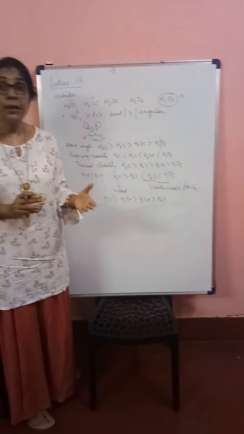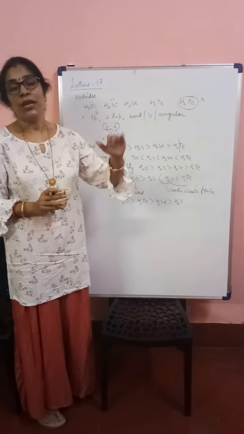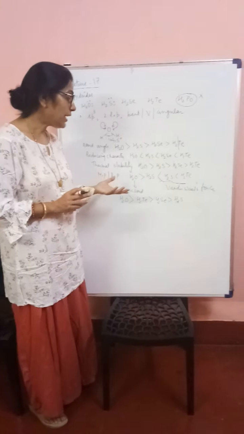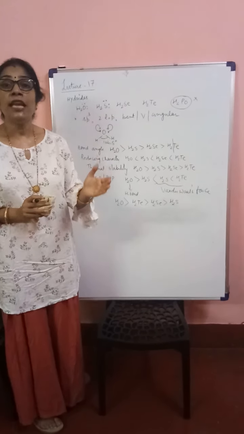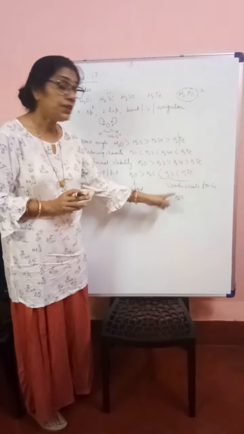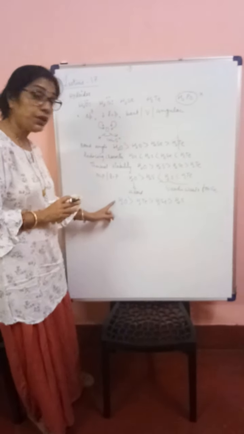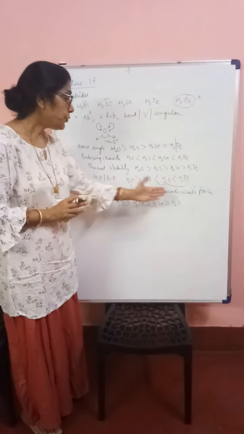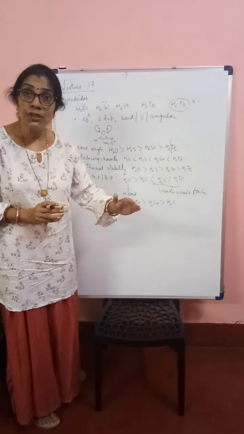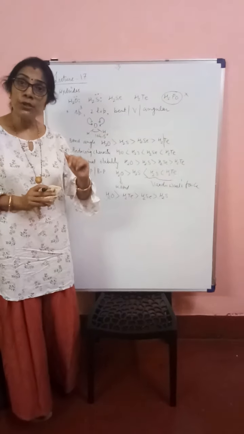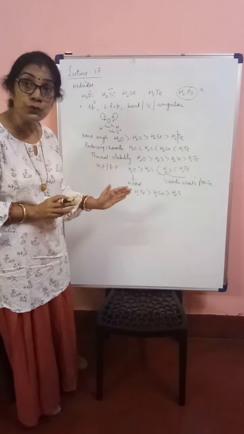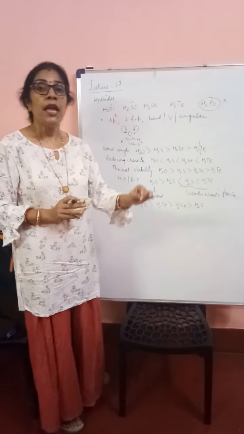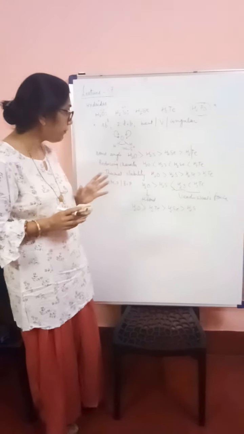And you have seen in the lab, hydrogen sulfide is prepared in Kipp's apparatus with a very pleasant smell, is it? What's the smell of hydrogen sulfide? It has got a rotten egg-like smell, and at room temperature it exists as a gas, whereas water is a liquid at room temperature. Why is it so? If a question is asked, hydrogen sulfide cannot associate with hydrogen bonding because of the larger atomic size of sulfur, but water can do so. Why? Because oxygen is electronegative, oxygen is smaller in size, so that it gets associated by means of hydrogen bonding.